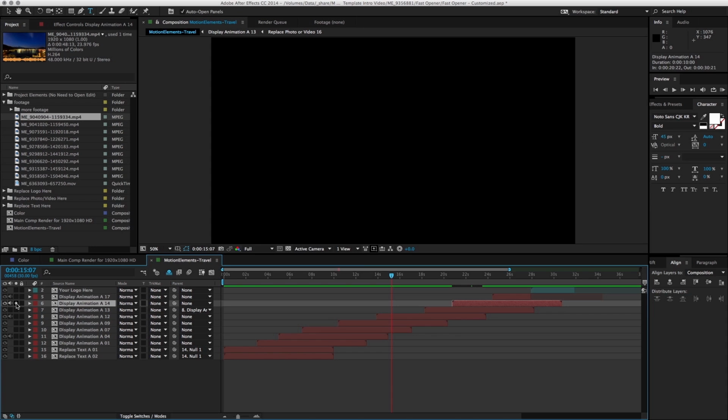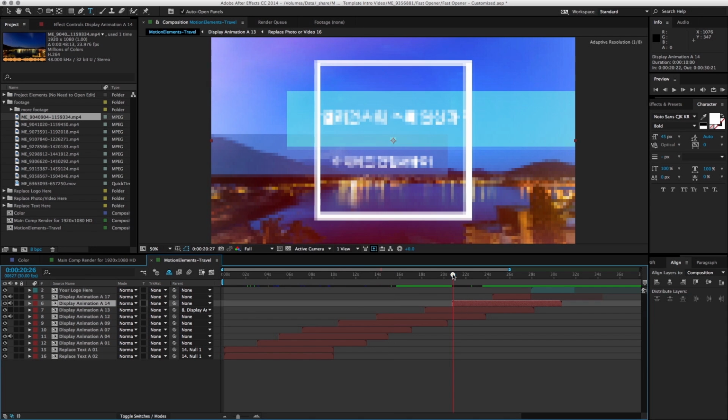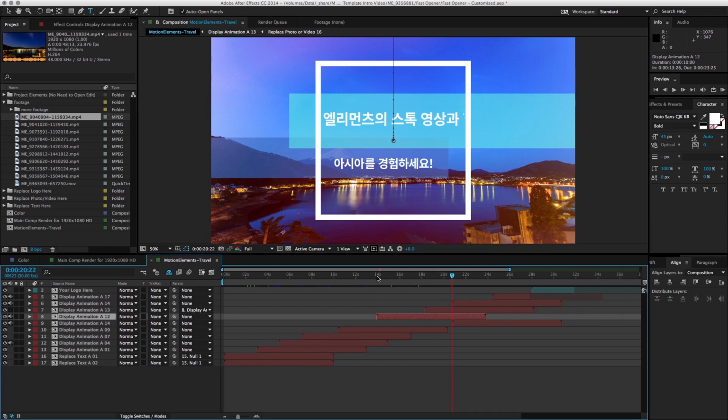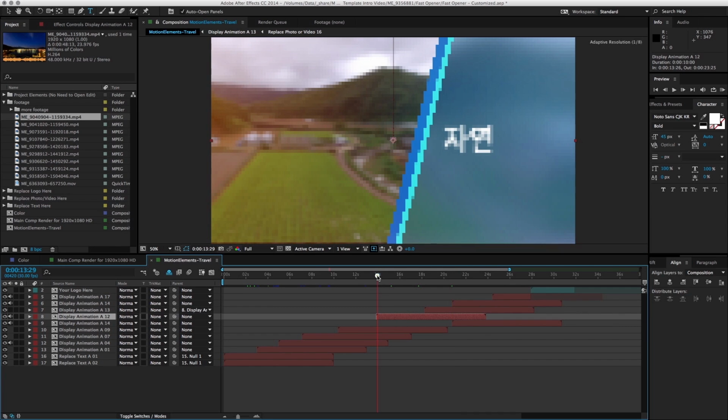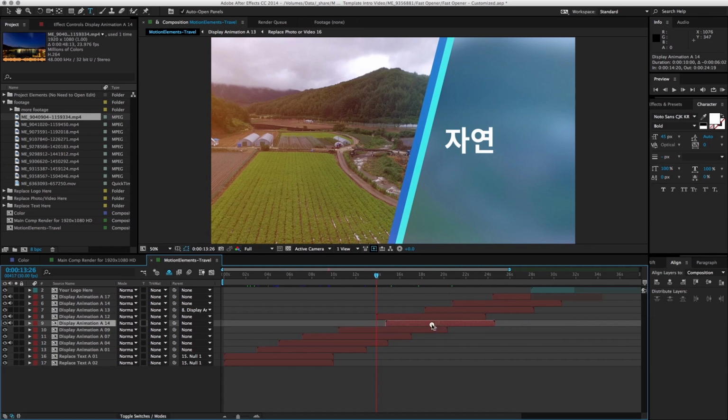This is the one that we want, and I'm just going to be duplicating the layer by pressing Command D or Control D if you're on the PC. So we have 2 exact same copies of the layers. I'm just going to be shifting this down to here, because this is where we want to push our frame to. And so I can slide this layer to the same in point